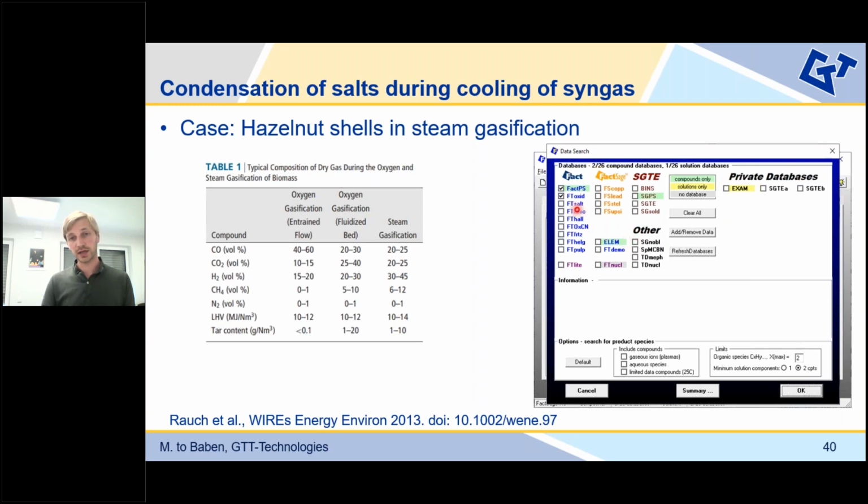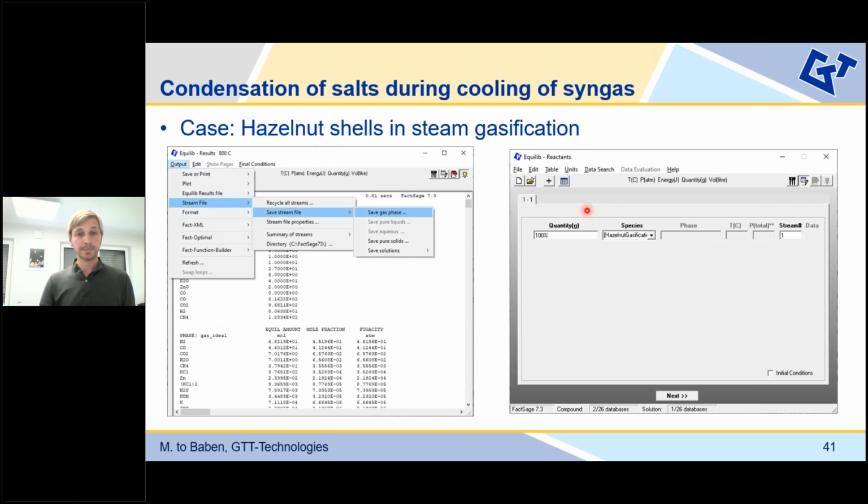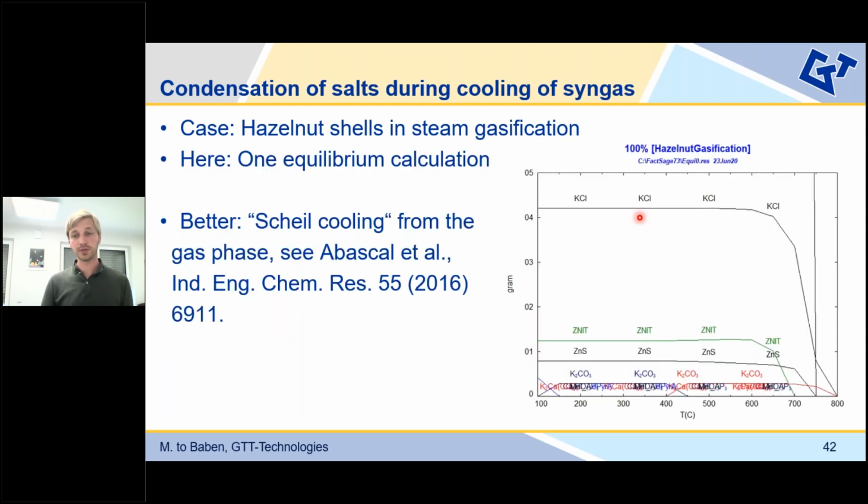Just a short note on the database selection. I recommend here not using FT salt, even though we know that we will have deposition of salt mixtures. The calculation time will be much higher, and probably the result will not be that much different. For very accurate calculations, you can, of course, include FT salt. Okay, and then I did one calculation at 800 degrees C. I saved the gas phase as a stream file, which I then load again in Aqualib, and then I do a simple calculation where I decrease temperature from 800 degrees C to 100 degrees C, and I look at the